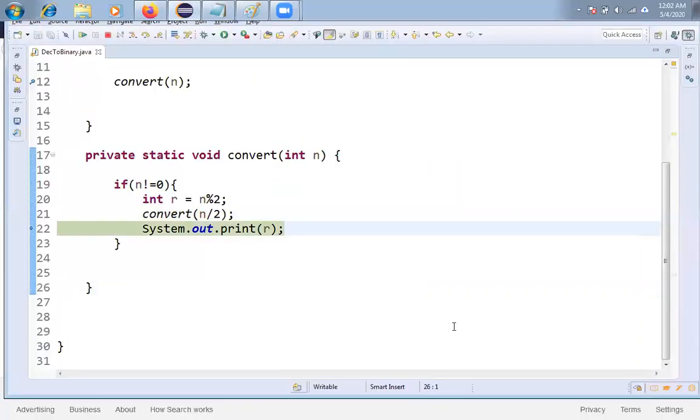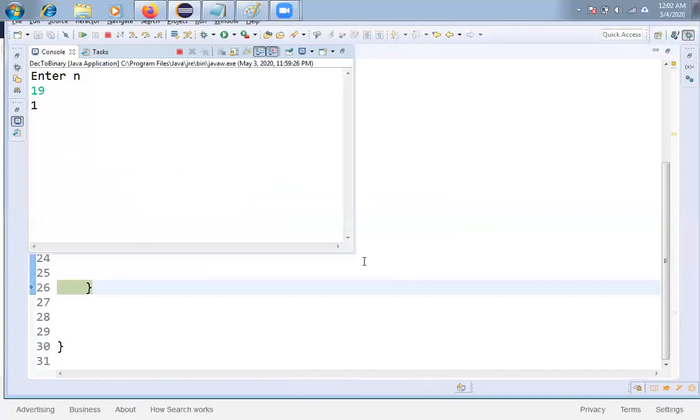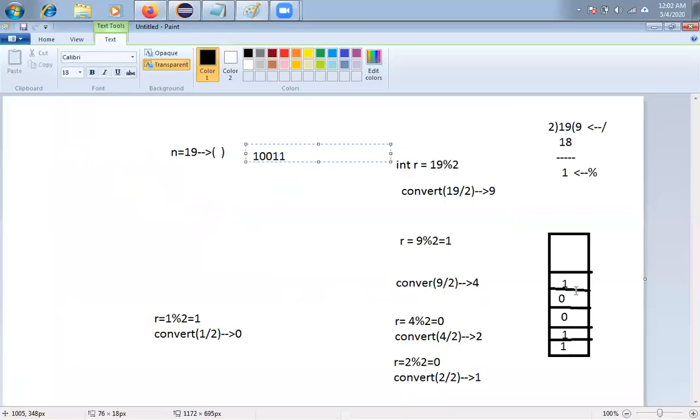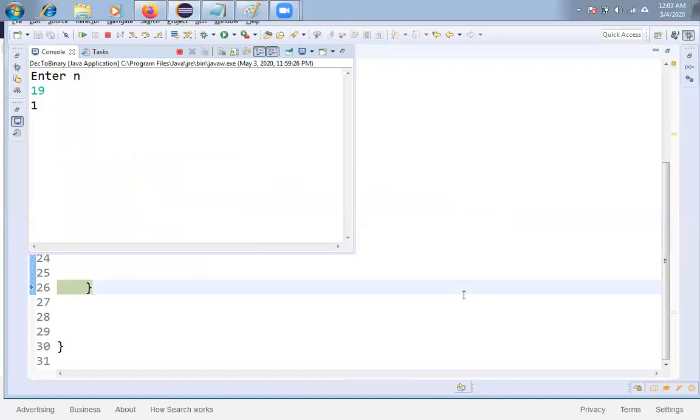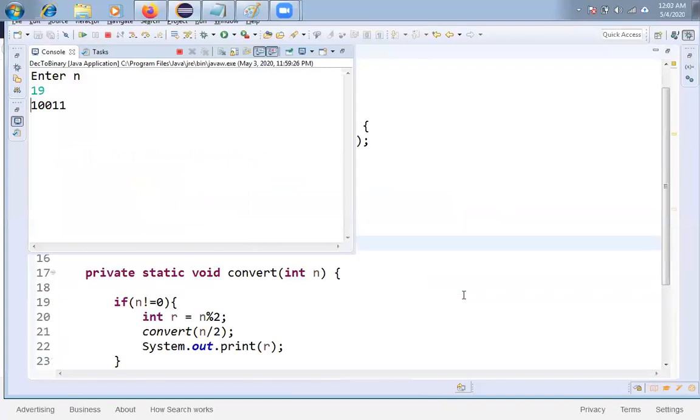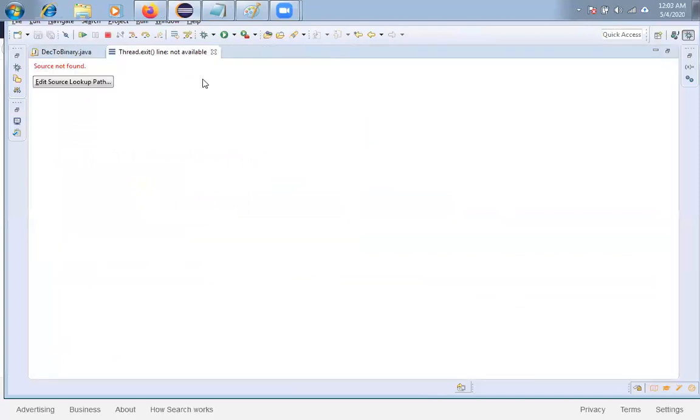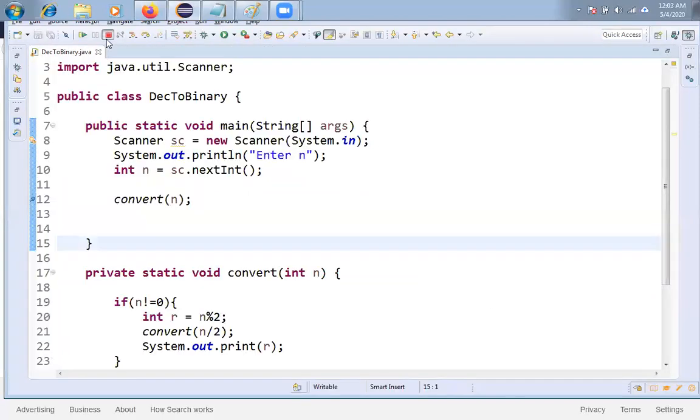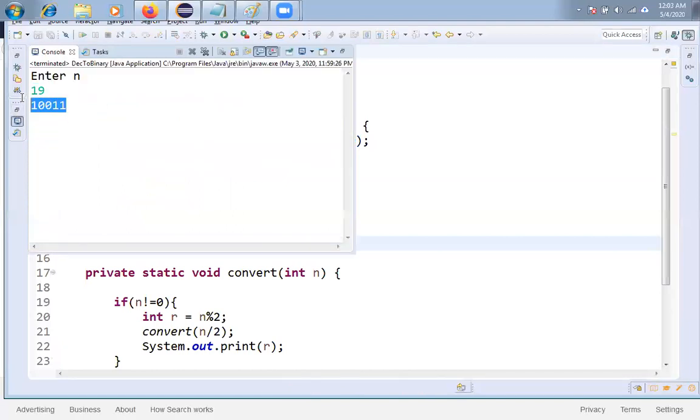So click on F5. See the SOP, I got 1. So this means which one friends? This one friends. So once again click on F5, F5, F5, F5, F5. That's it friends. So execution completed. So in this way you can find any values, we can find it friends. Say 1011 like this. You can convert any given decimal number into its equivalent binary number friends.